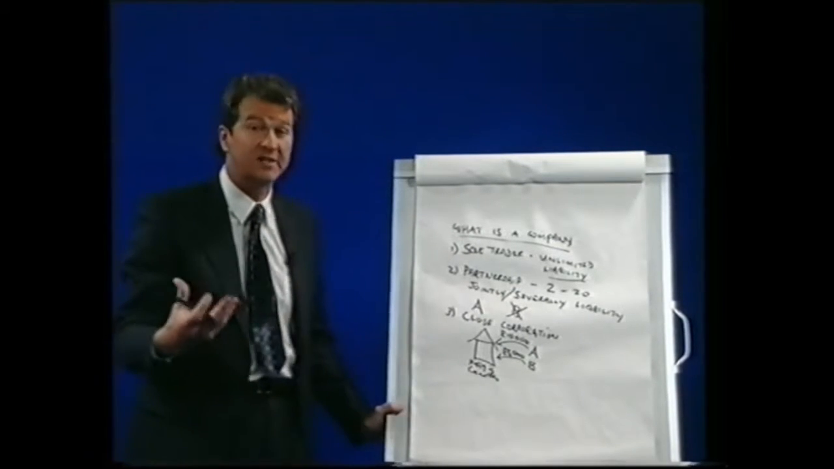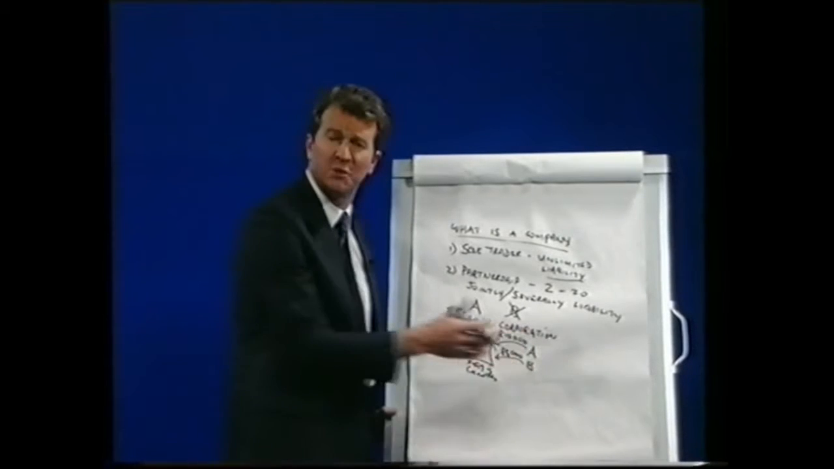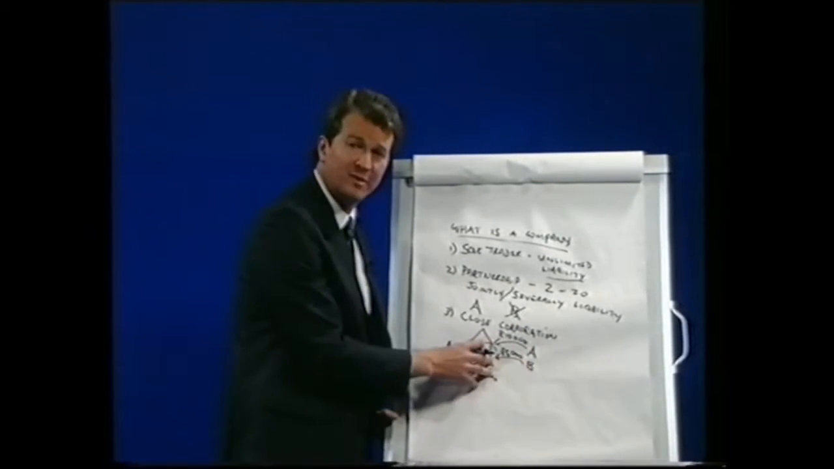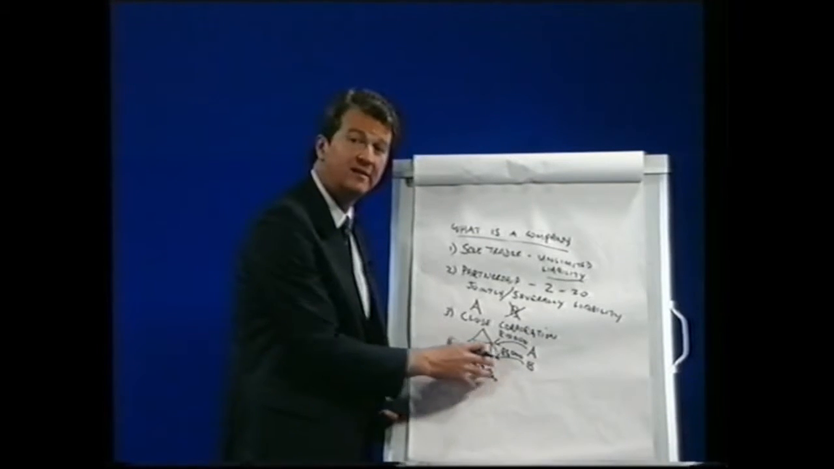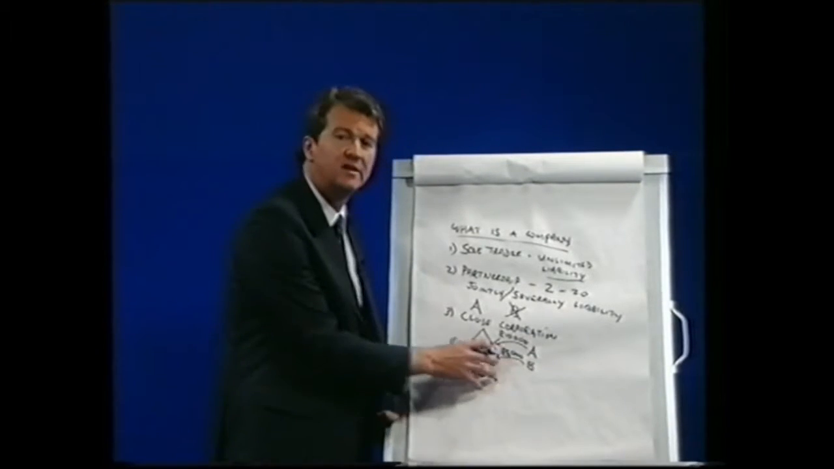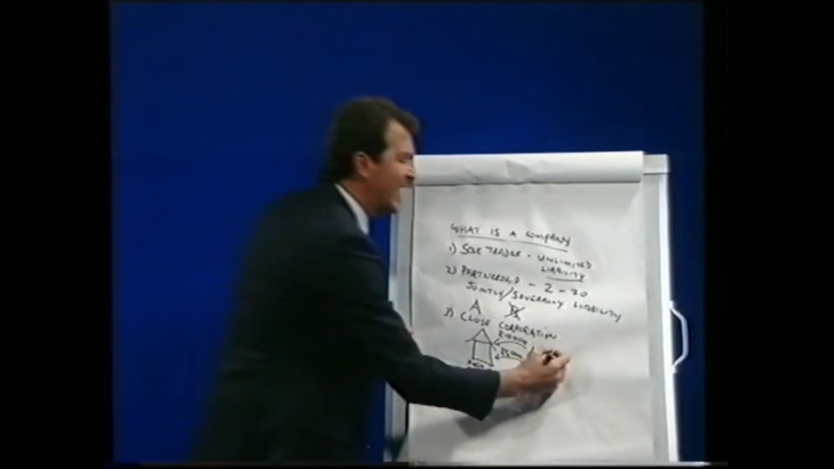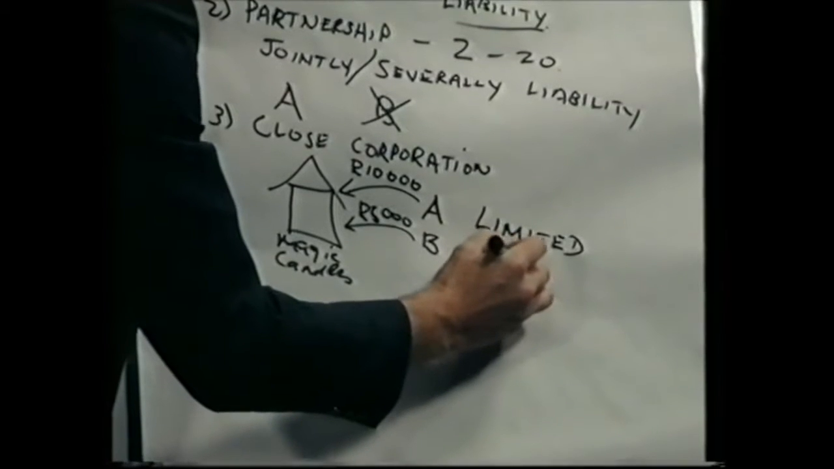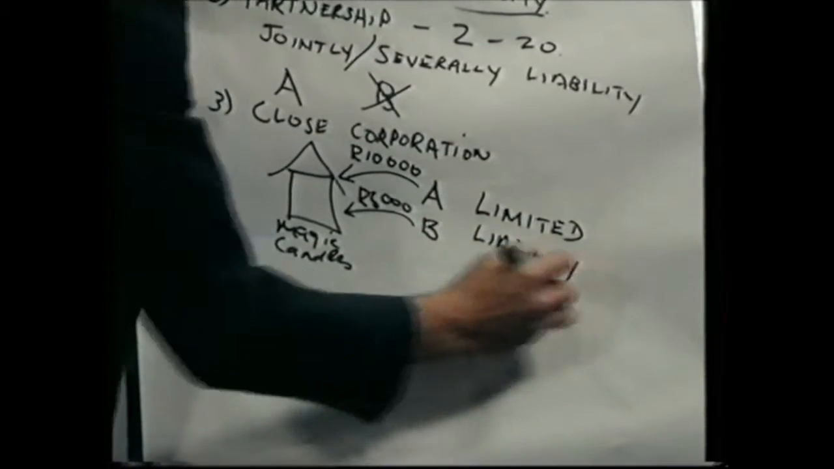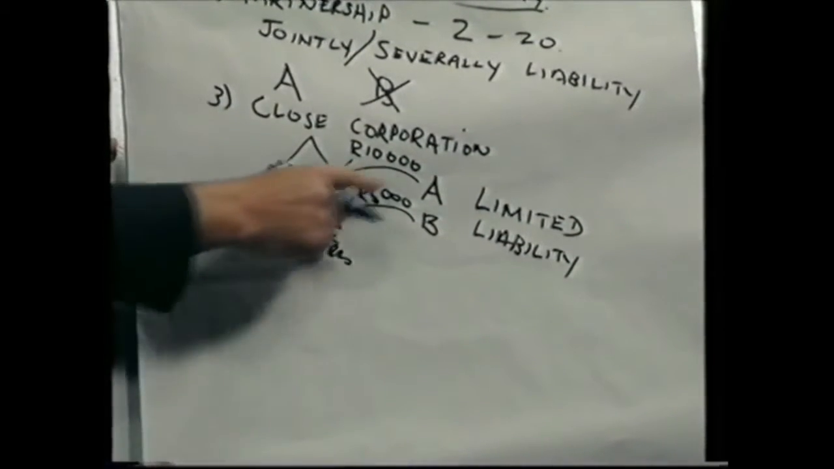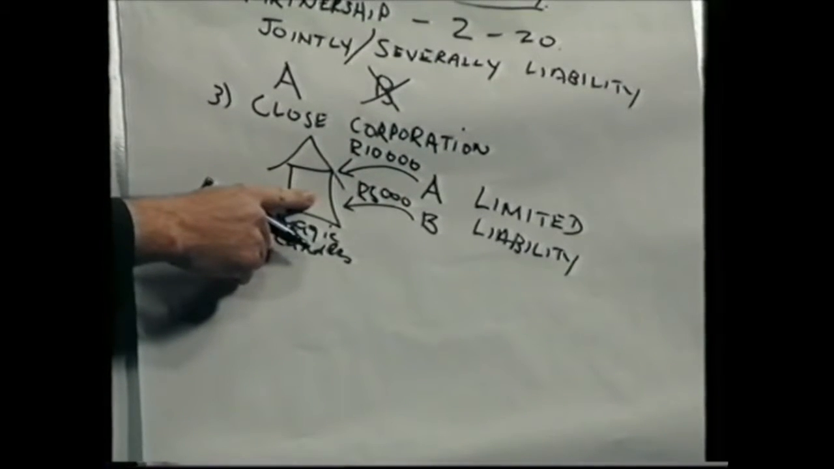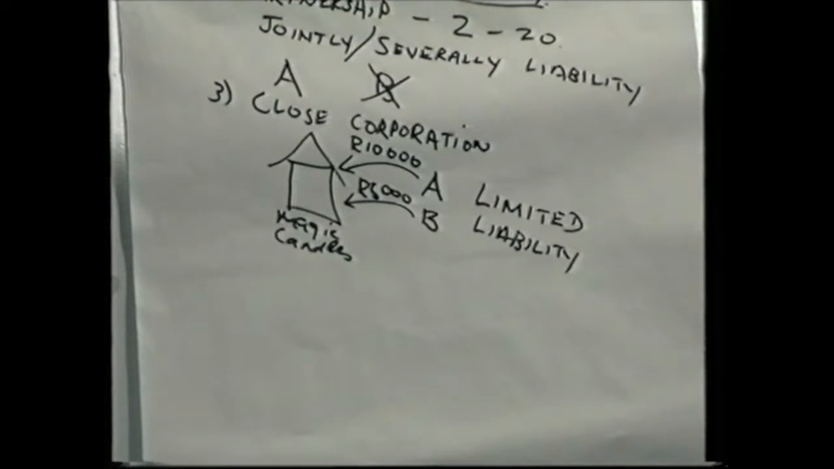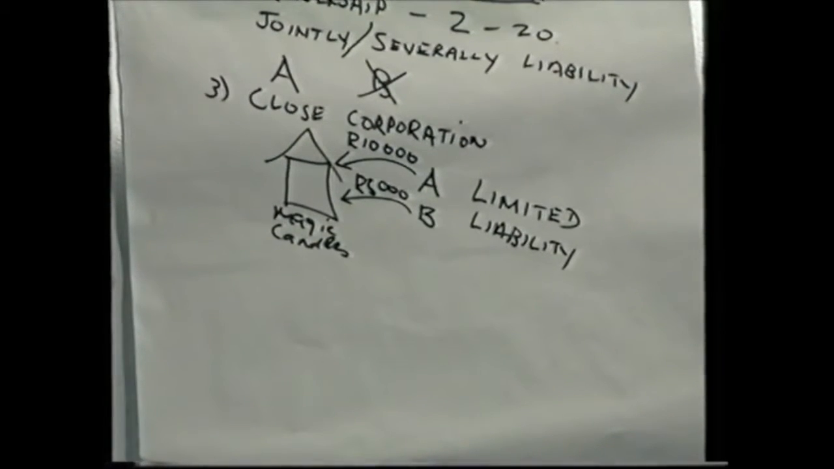Obviously, under circumstances of reckless trading, they can come back to you and they can ask you for an amount to make good on the debts of the company or of the closed corporation. However, under normal circumstances, you are protected, and we say that you have got what is called limited liability. You are only liable to the extent of your investment into that business. In other words, as partner A, you are only liable for the 10,000 Rand that you have invested into the